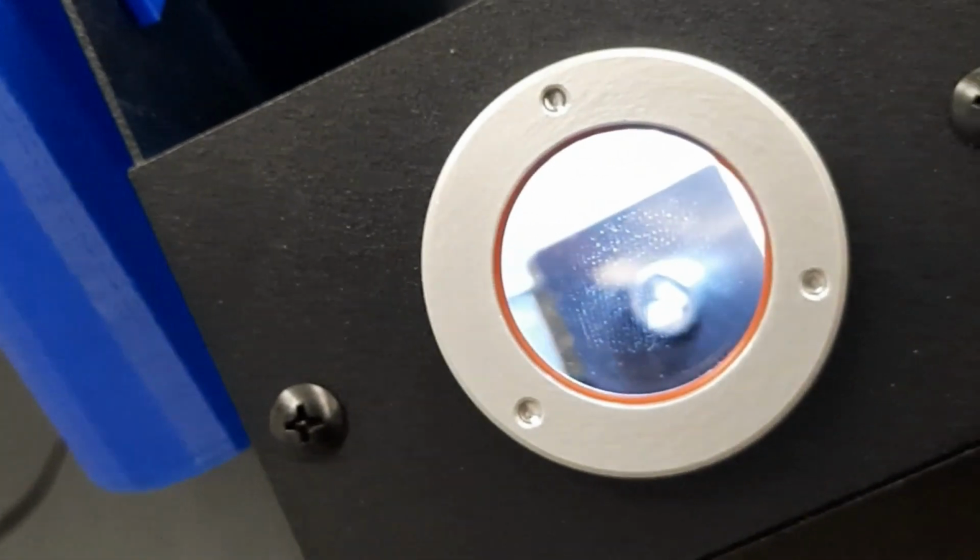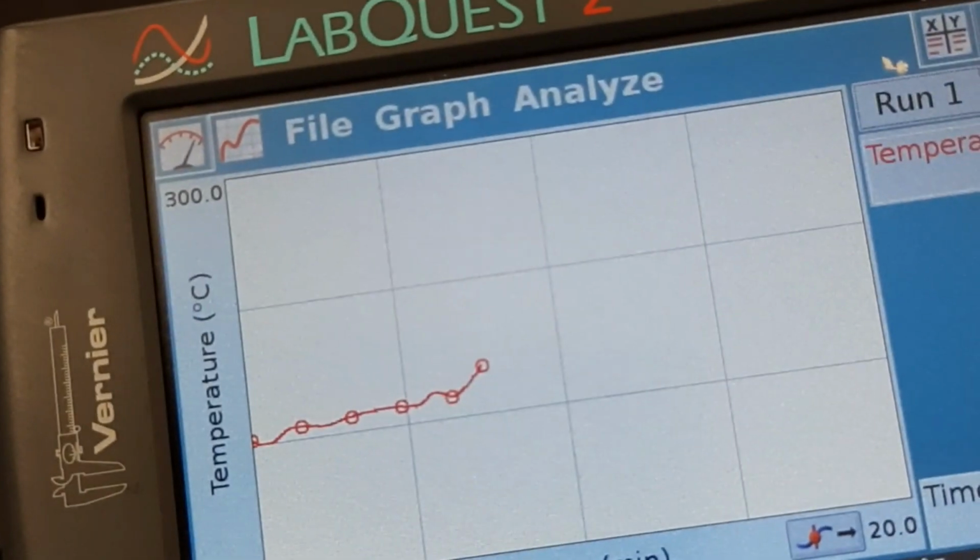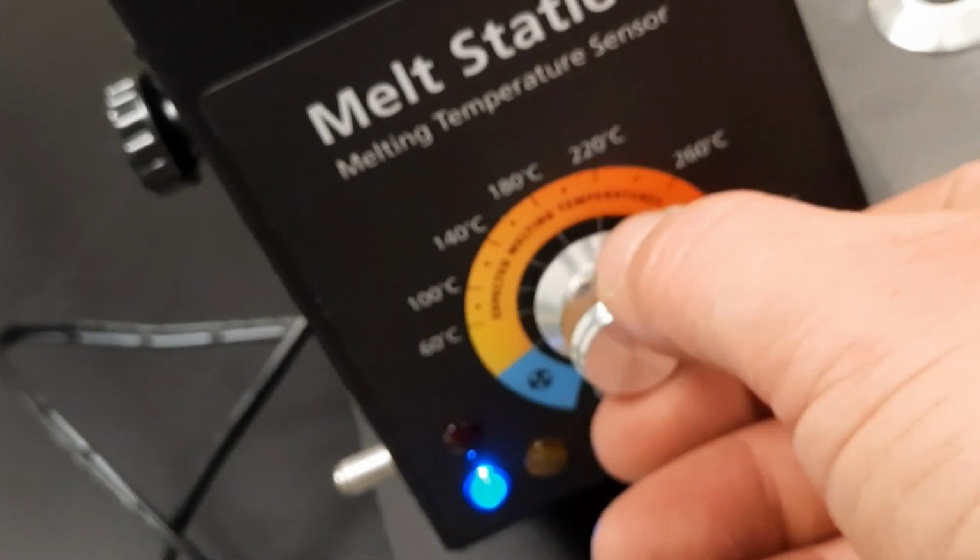So it's very time sensitive. You need to watch this very carefully like a hawk. And as soon as you see the first bead of sweat, look at the temperature. And when it's all melted, look at the temperature. If you happen to miss it, you can go to this cooling function